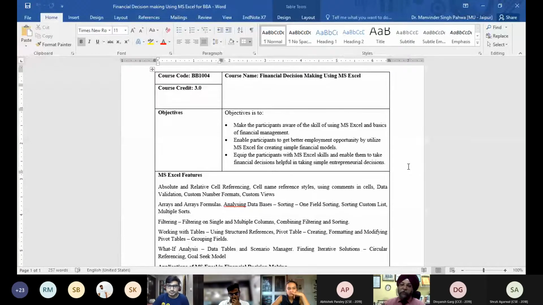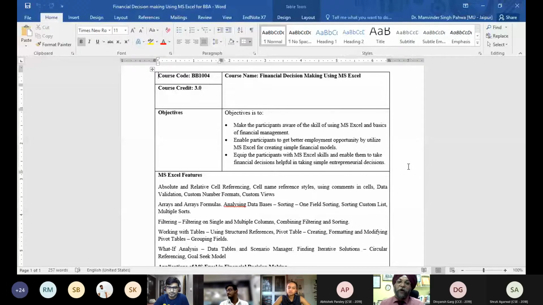Next is to enable the participant to get better employment opportunities by utilizing MS Excel for creating simple financial models. Here we will not be going into complex financial models, but we will be able to prepare simple financial models because two things are joining hands together: the knowledge of finance and how to apply that knowledge to develop certain models that we will be studying in this course.